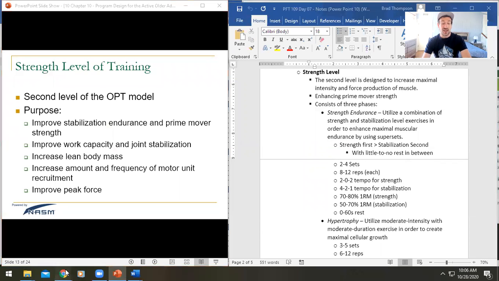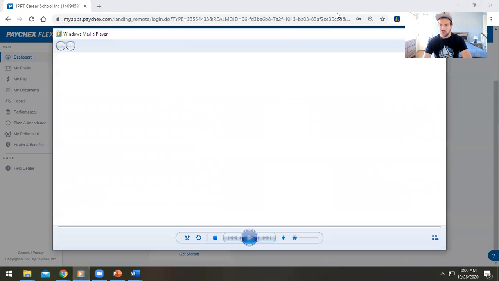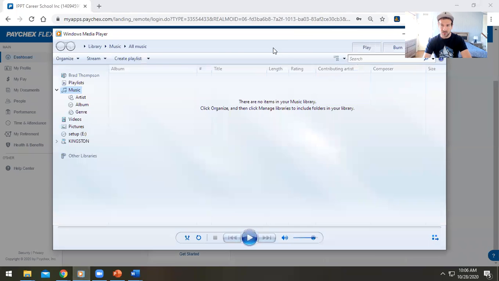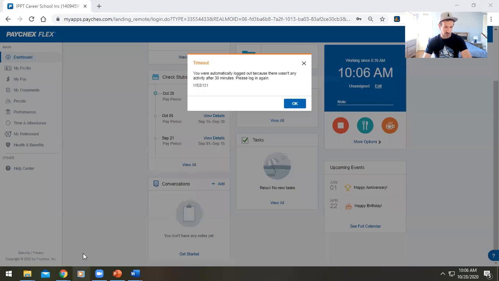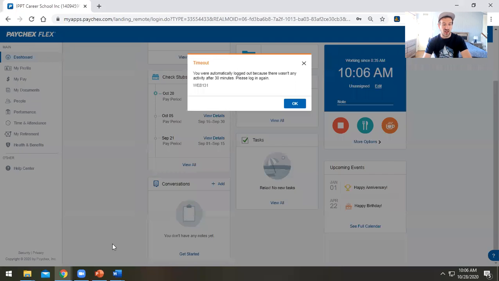Now, the strength level consists of, whoops, crap, you know what? I'm unpinning you. I open this every day. The strength level consists of